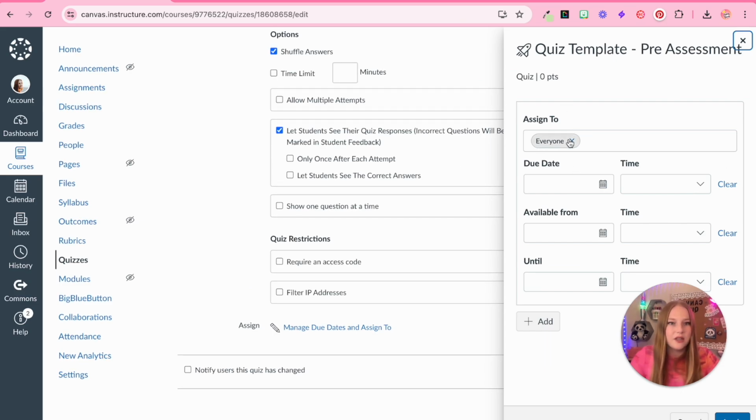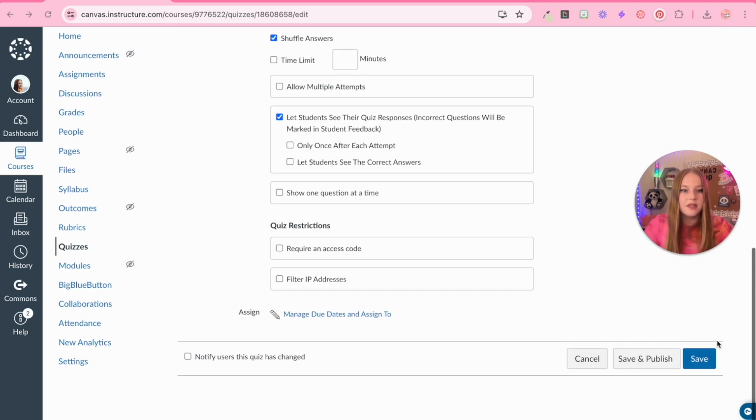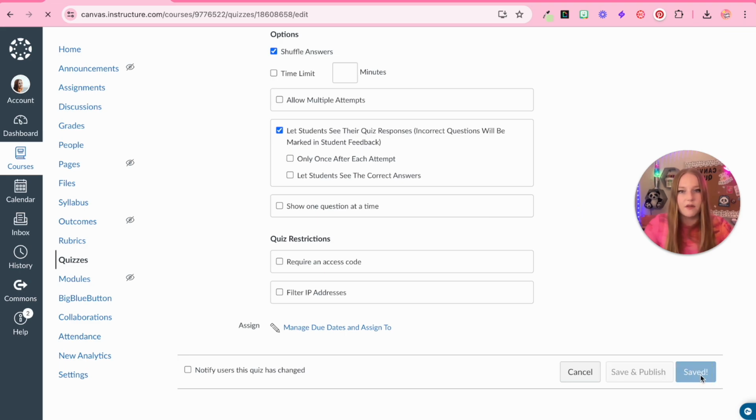So you can assign the quiz to everyone. You can assign it to a specific section. You can assign it to individual students. And then when you are done with the instructions, you can click save, and we'll just take a quick look